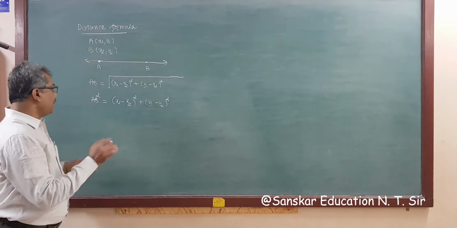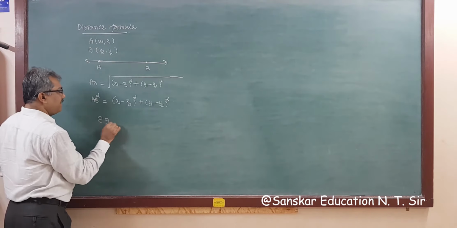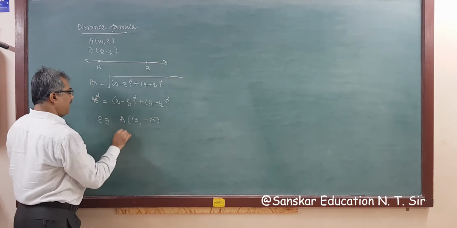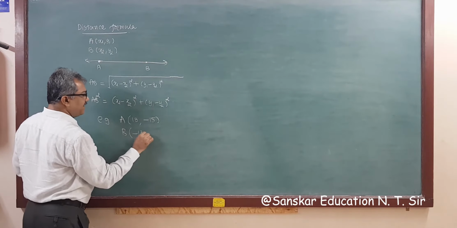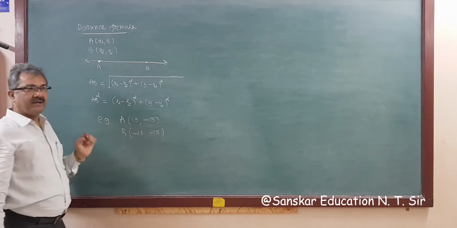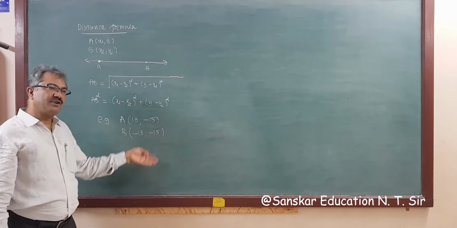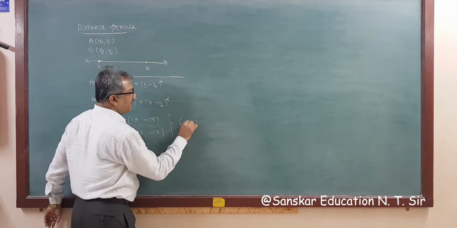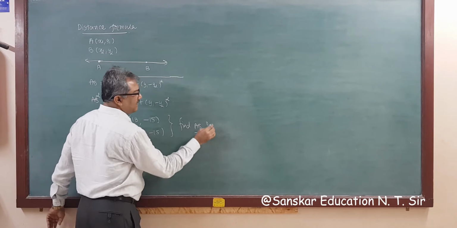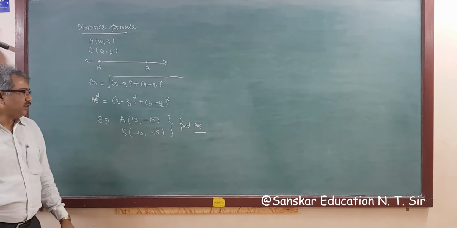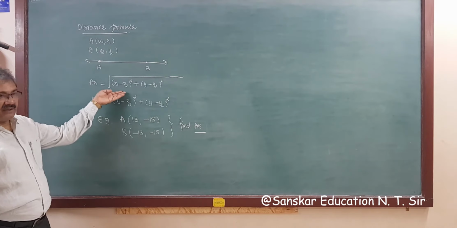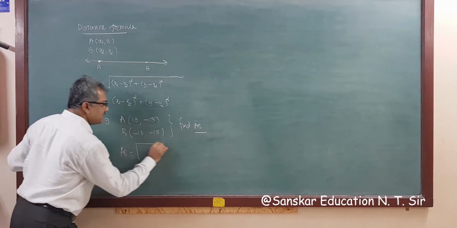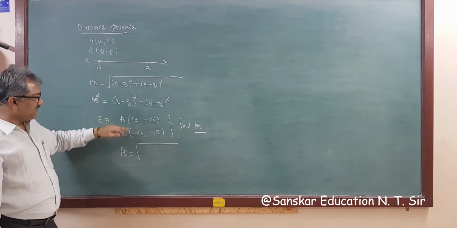Now suppose you have one example. For example, A is equal to (13, minus 15) and B is equal to (minus 13, minus 15), right? Then find the distance between these 2 points, that is, find AB. This is your question. So what you are doing, you are applying this formula, right? AB is equal to the square root of (x1 minus x2) whole square, so this minus this,